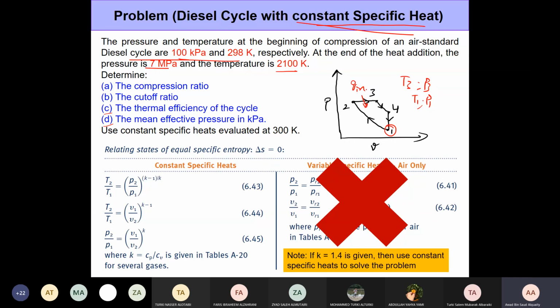So make sure you look through all the 3 cycles that we have and make sure that you're confident enough to draw the PV diagram. Now, given this information, we need to determine a couple of things: compression ratio, cutoff ratio, and so on. Here it is very specifically mentioned that we need to use constant specific heats, evaluated at 300 Kelvin. So when it clearly says that you need to use constant specific heat, then we need to ensure that we use the following relations between temperature ratios, pressure ratios, and specific volume ratios for isentropic processes.